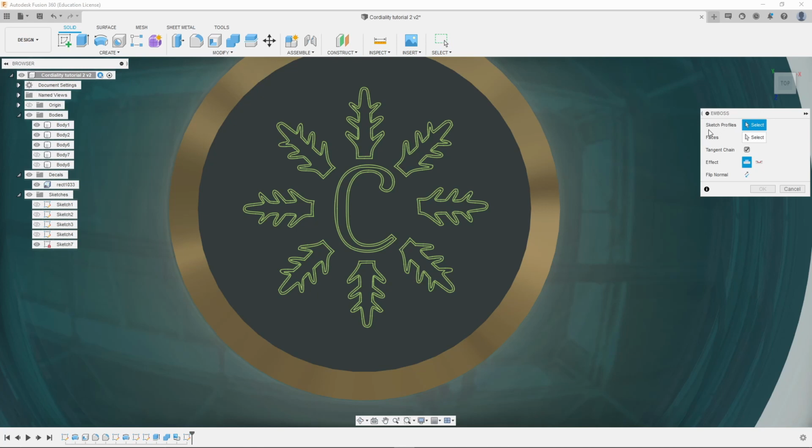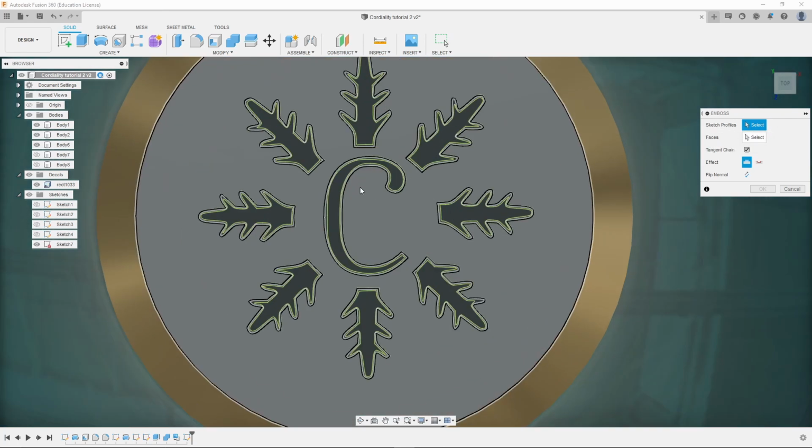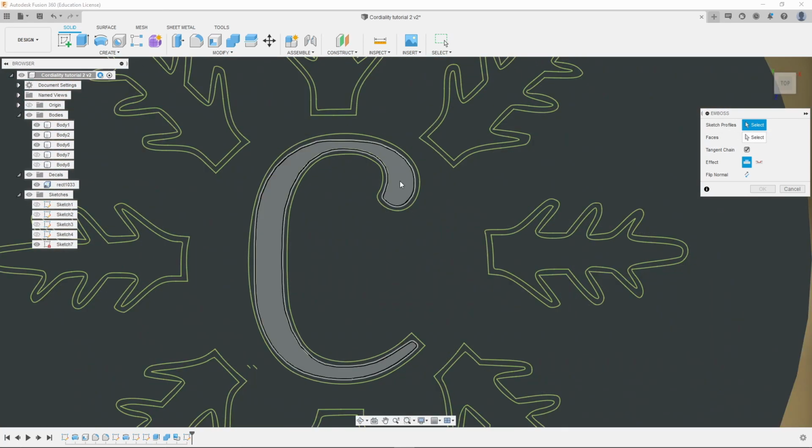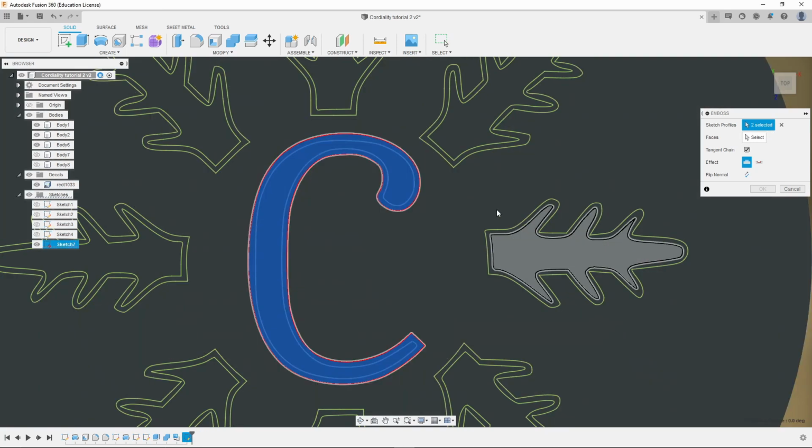Right, so it's asking me for profiles and faces. So the profiles are going to be, what shapes do I want to use to cut with? And the faces is asking me, well, what face do I want to cut into? All right, so the profiles, this is going to take me a few minutes probably, but I'm going to want that,